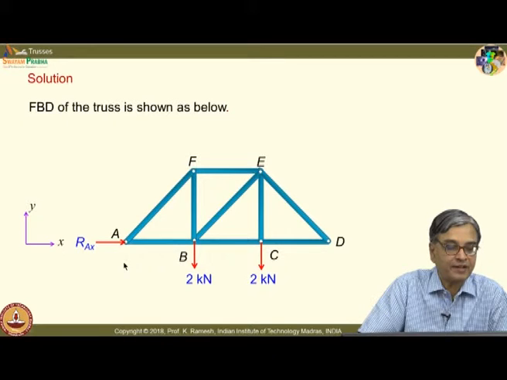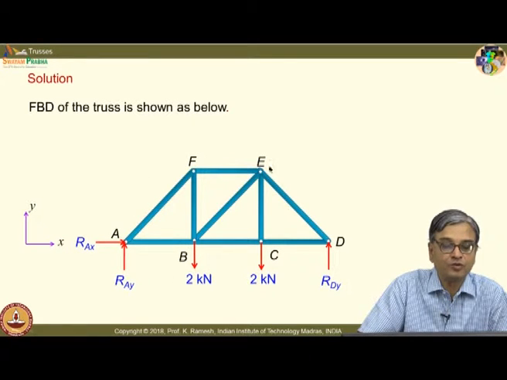So, I have two components because I do not know the direction of the force. So, I have unknowns RAX and RAY. At D, it is a roller support. I know the direction of interaction, and this is RDY. And see that I have the reference coordinate system for the problem.